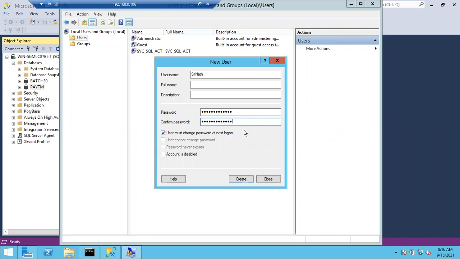Again, remember guys, who is going to do this work in the organization, creating users? DBAs won't do this activity. Just for the Windows team, sir. Yes. Just for the explanation, I am going to create all these things, but in the organization, Windows accounts will be created by the Windows team only. We don't have access.